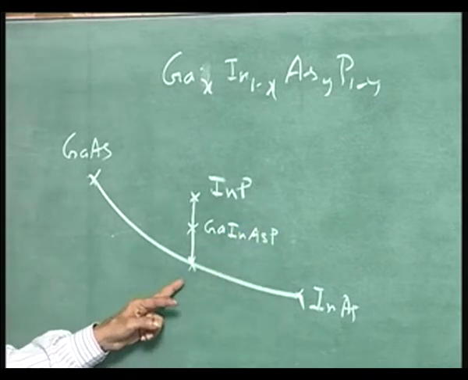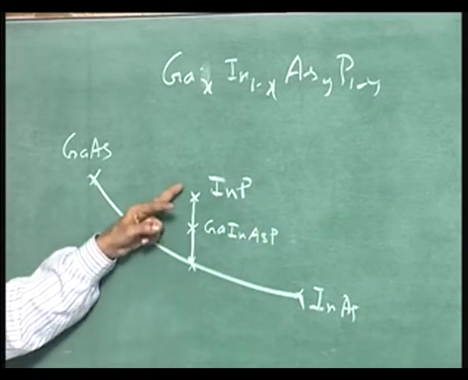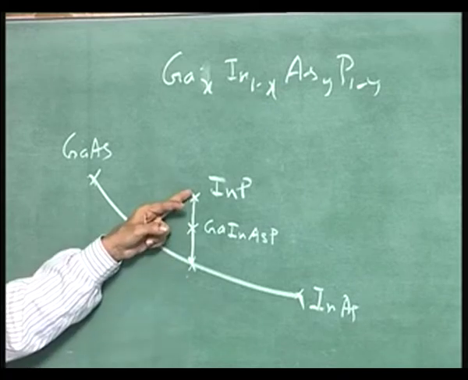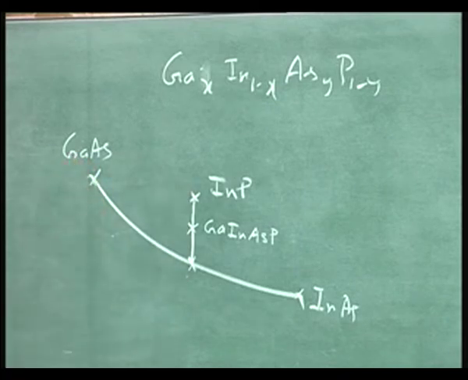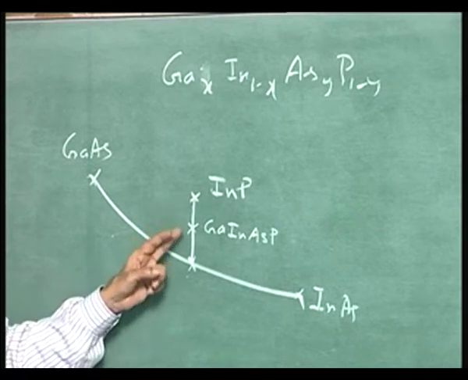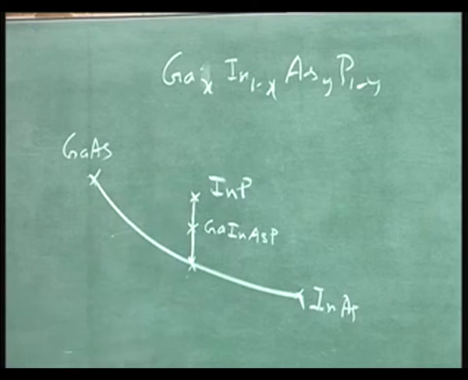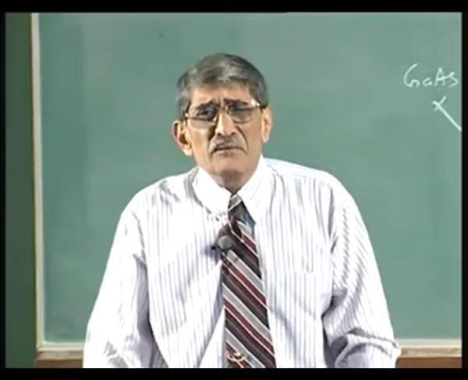Why I do this diagram is, you know that it is lattice matched with gallium indium arsenide and indium phosphide. Okay? Because after all, adding phosphorus does not change the lattice constant with respect to that, because it is the same phosphorus atom which gives the lattice. Okay. Now, why should you go for this? This type of structure has